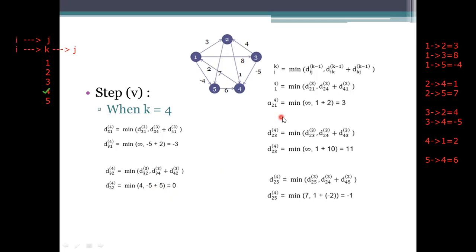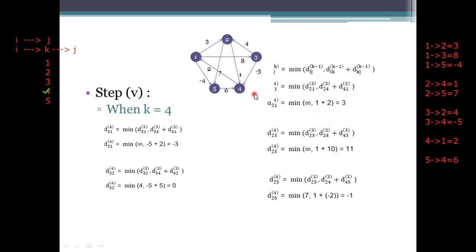And coming to the next one, we need to take the 2 1. 2 1, there lies a path. No, there lies a path up until now. Here by reaching the 2 to 4, you can go for the first node. So 2 to 4 is 1, 4 to 1 is 2. 1 plus 2 is 3. Infinity comma 3, actually it is having the edge cost infinity. Now the updated value here is 1 plus 2, which is 3.